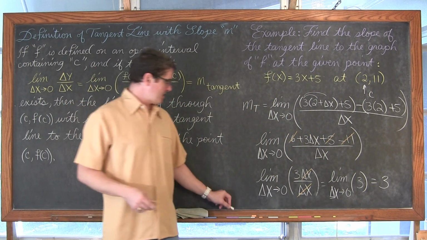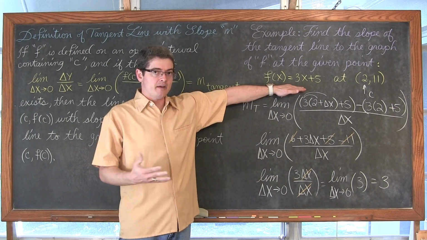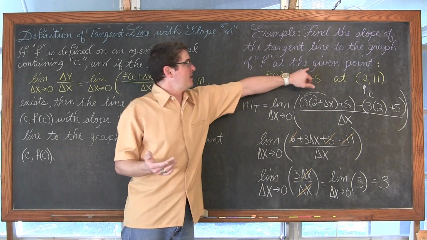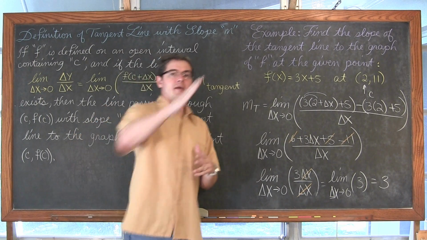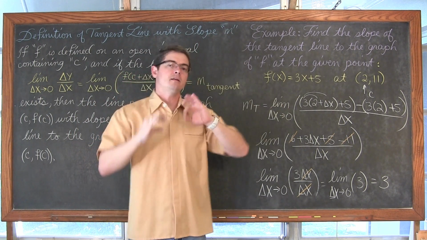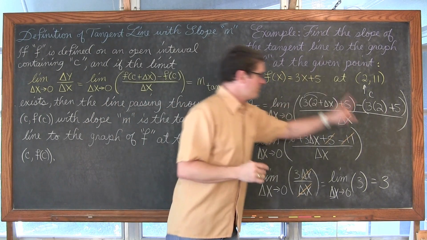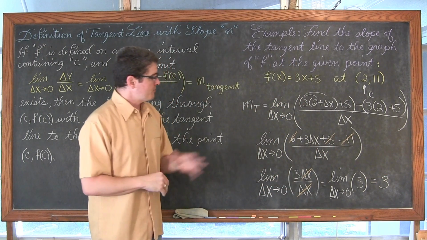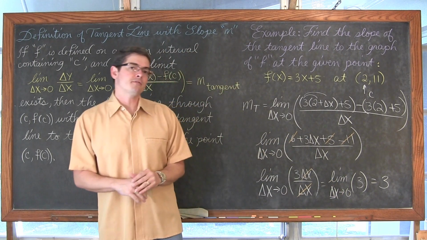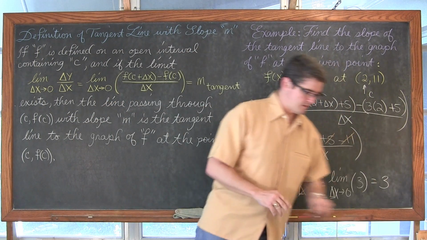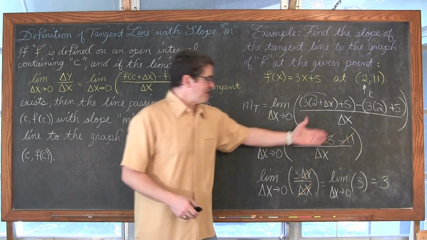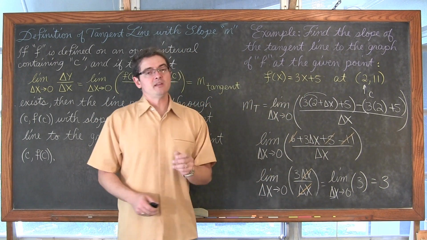And that makes sense because look at our original function. It's a line. It's y equals mx plus b. This is a linear function. The slope is the same everywhere. No matter what the value of x is, no matter where you go along that line, you are going to have a slope equal to 3. So this question, showing the process of working through the definition of the derivative, it's obvious that it works because we got 3 and we could see that slope in the original function.